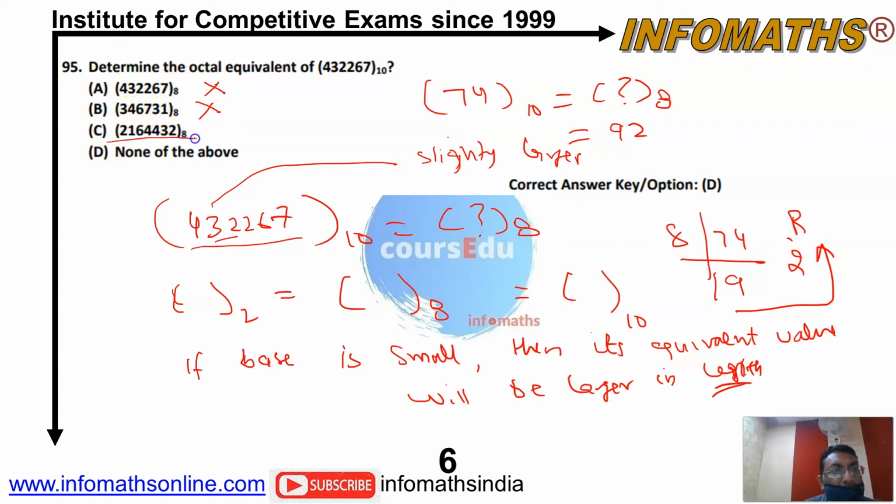But this value is too high. It is not 43,000, it is 216,000. So it can't be so much. It's not so high because the difference between these two bases is not very high. It will be slightly larger, like say 43,000 can become 70,000. Okay, but not like 216,000. So got it, my answer? So this can't be the answer also.